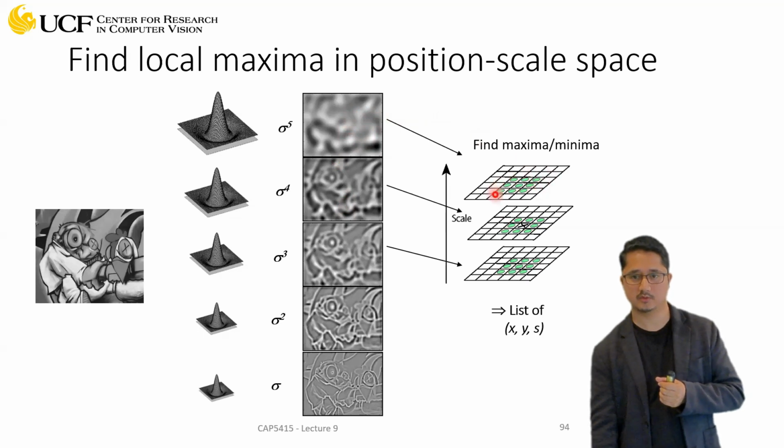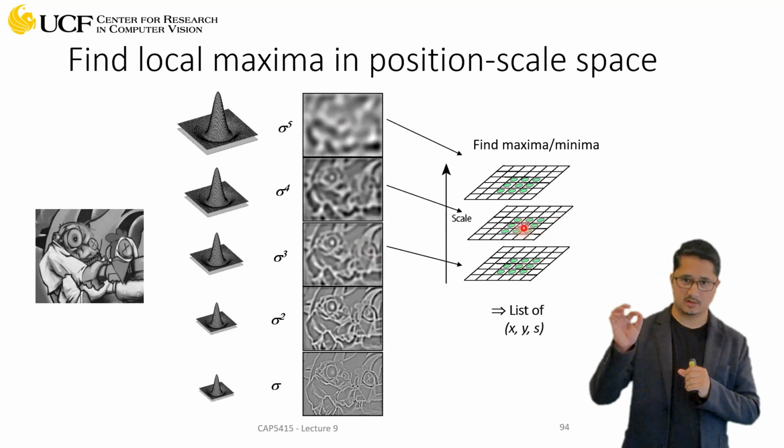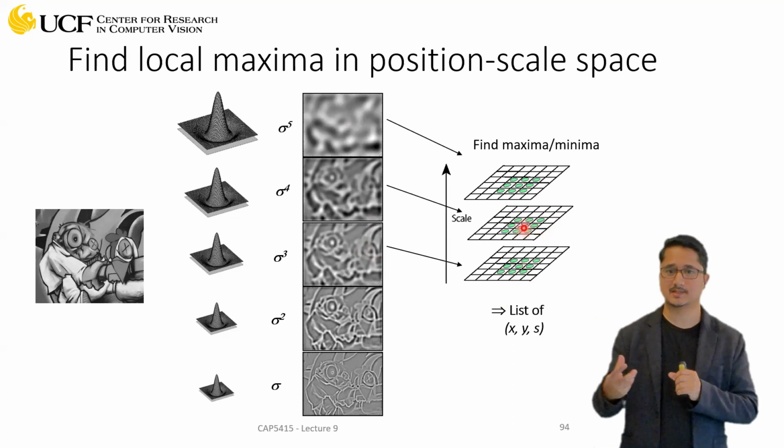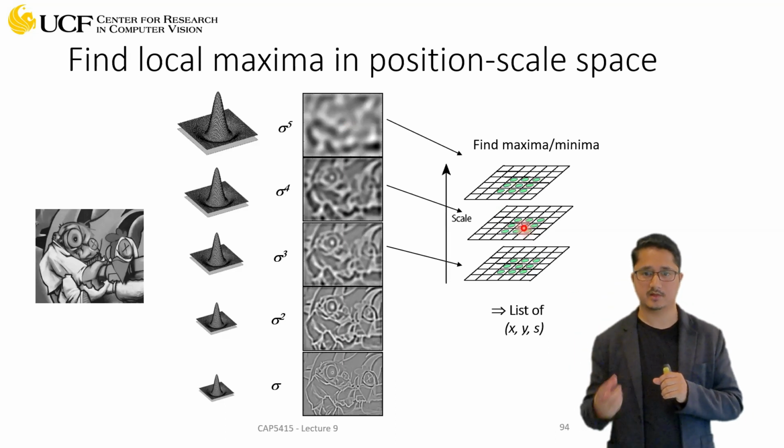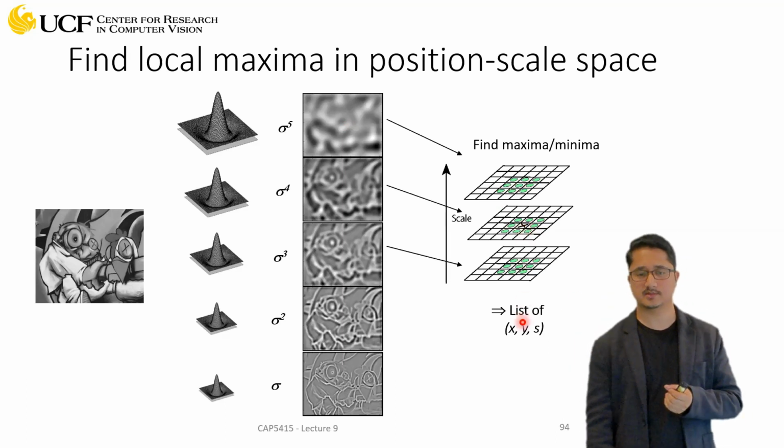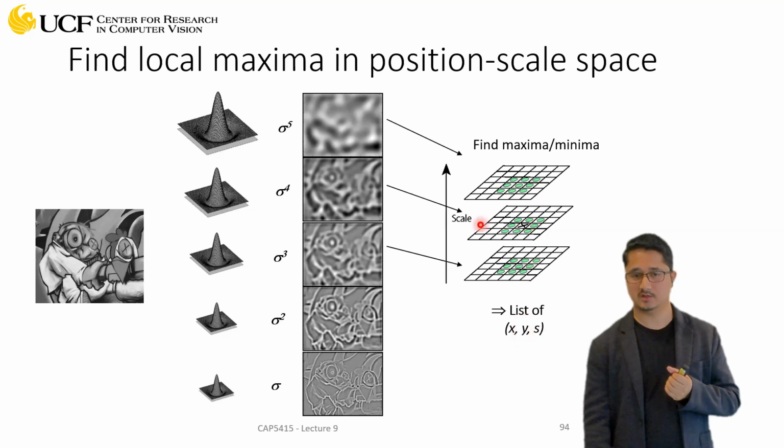And again, you will consider these 9 values as the neighborhood of this pixel location, and again for the bottom. So for this location, if the response is maximum among all these neighborhood pixel values, you will just store that as an interesting point. And you do that for all the pixel locations in all the scales. So let's say if this is the maximum among all these green dots,